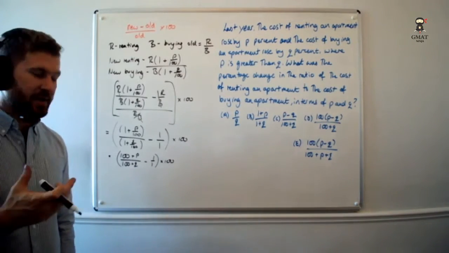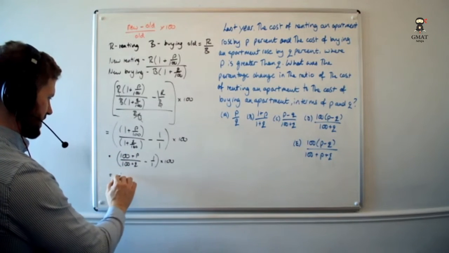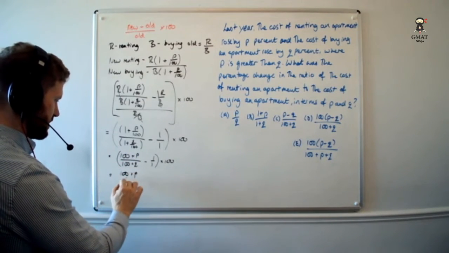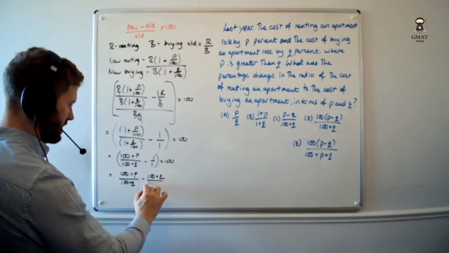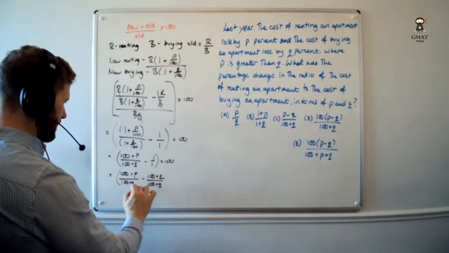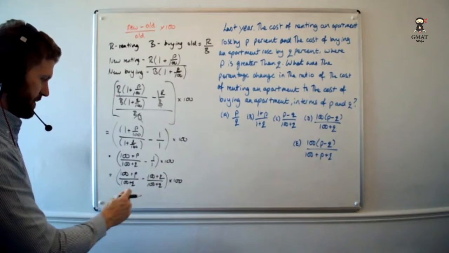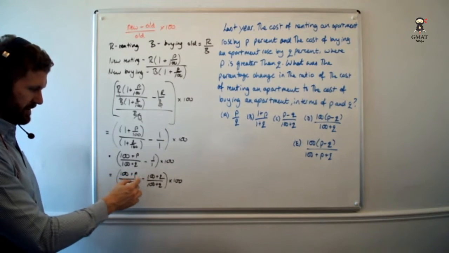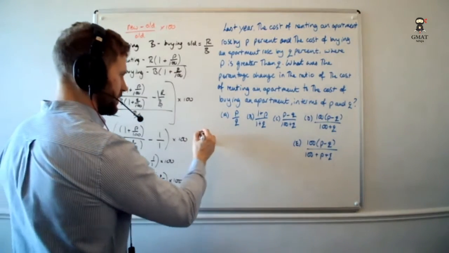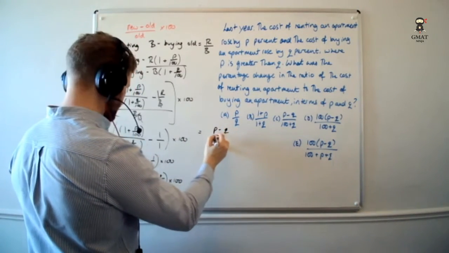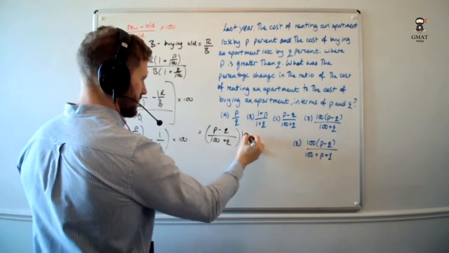Well, now I've just got a fraction subtraction within this set of parentheses. So if I give them a common denominator, it's 100 plus P over 100 plus Q minus 100 plus Q over 100 plus Q. And this whole thing is still times by 100. So now I'll come up here. What we can see here, I've got 100 plus P minus 100 plus Q. The hundreds are going to cancel. And I'm going to end up with P minus Q over 100 plus Q, and the whole thing still times